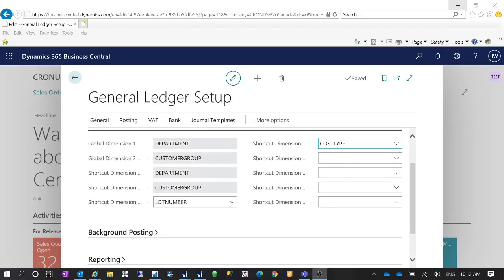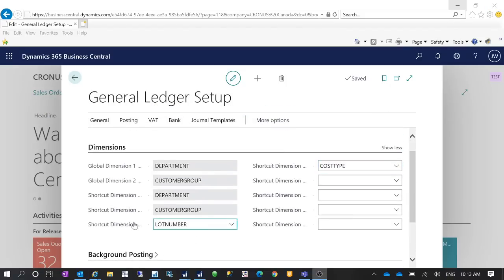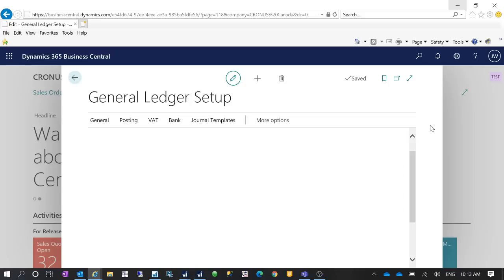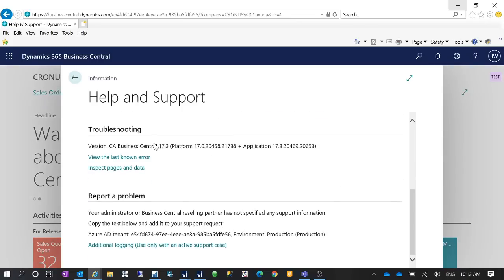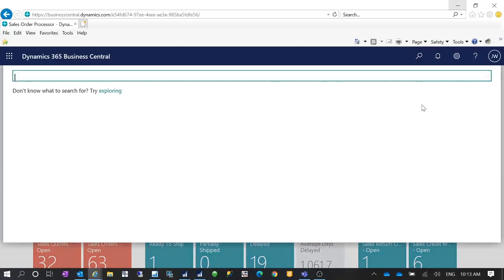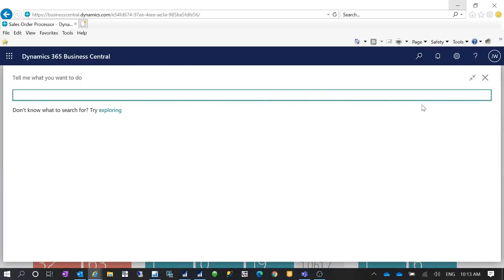So let's go back to our Business Central. I have additional shortcut dimensions set up here in the general ledger setup: lot number and cost type. Because this feature is already available in my version of Business Central, you can take a look at what version I have. It's 17.3, okay? So as long as I set up the shortcut dimension in my general ledger setup,